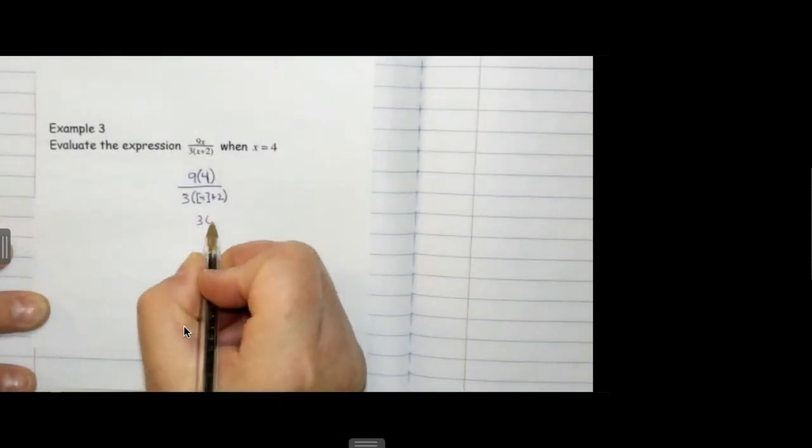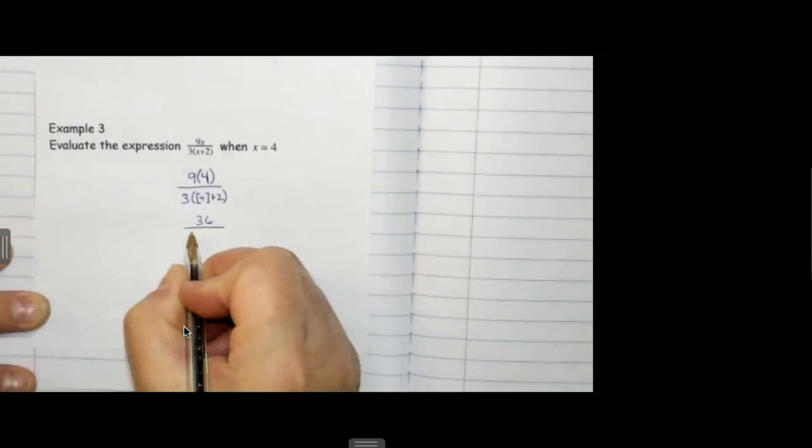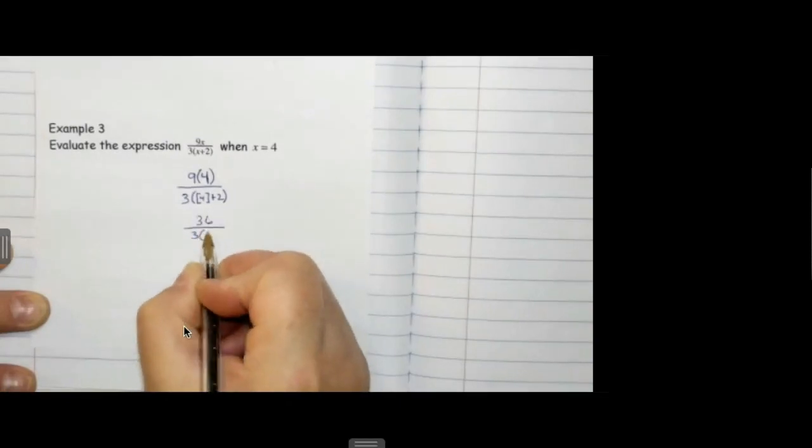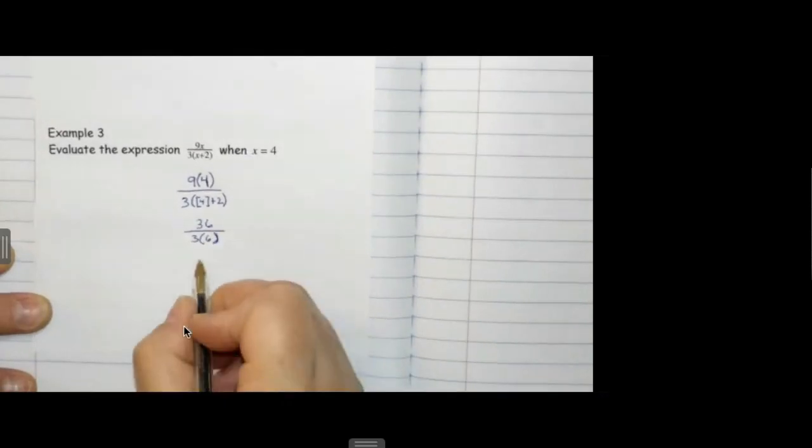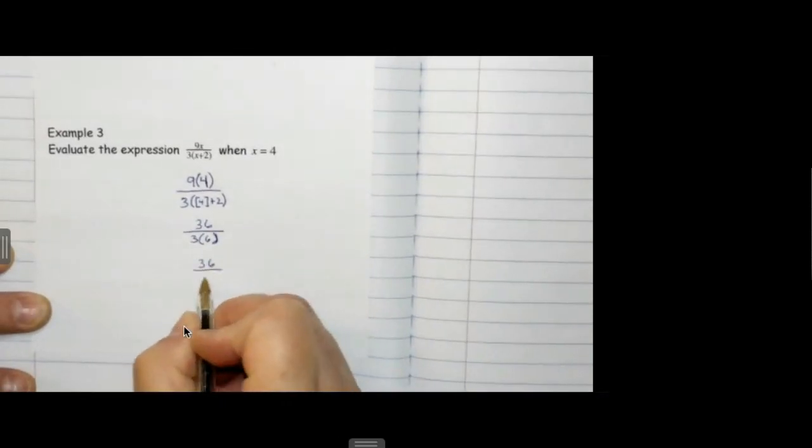We have 9 times 4 is 36. I'm going to take care of the numerator. I'm going to clean up the denominator a little bit more. 3 times 6, 4 plus 2. And then 36 over 18 in the denominator. How do I say this problem? What's it say? It says 36 divided by 18. Well, this 36 divided by 18